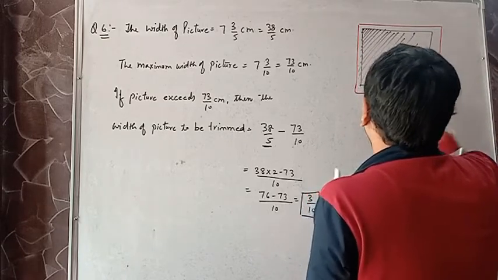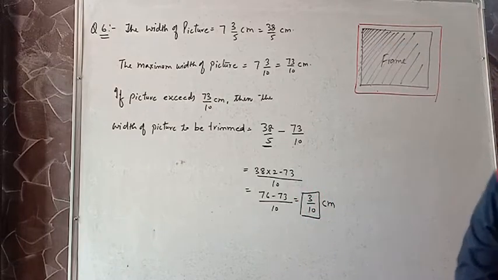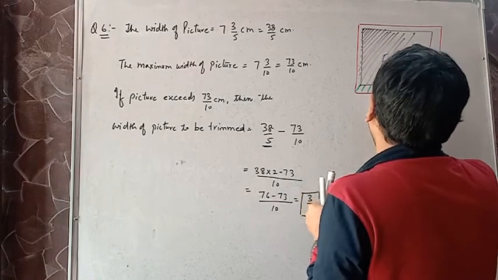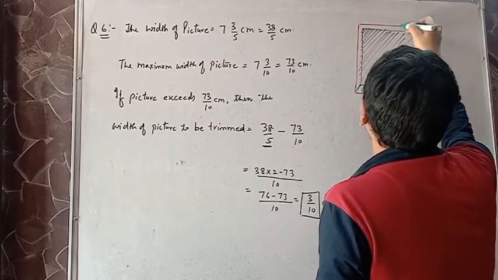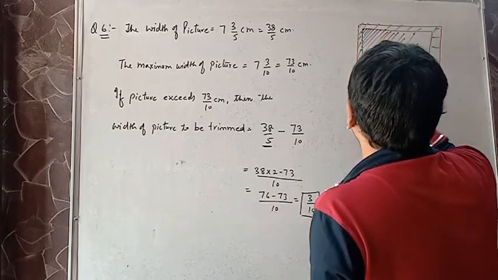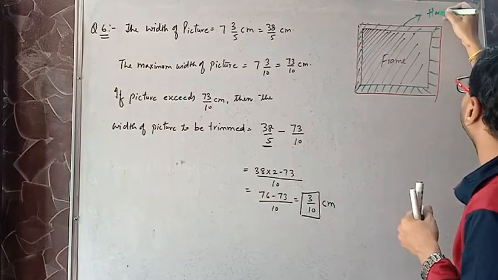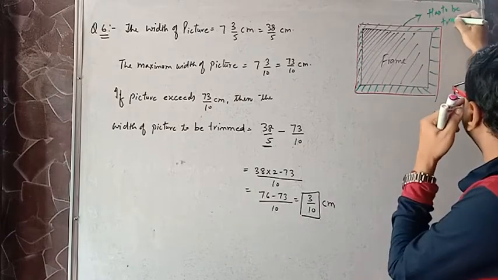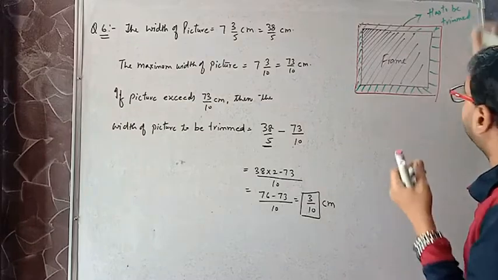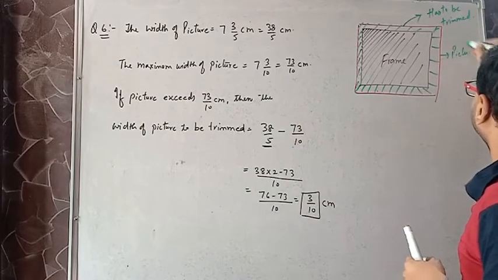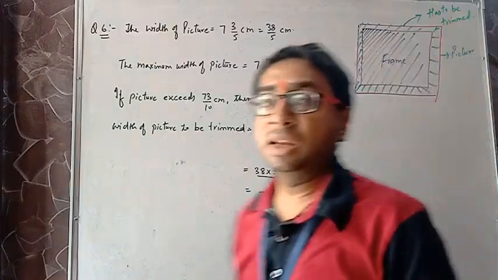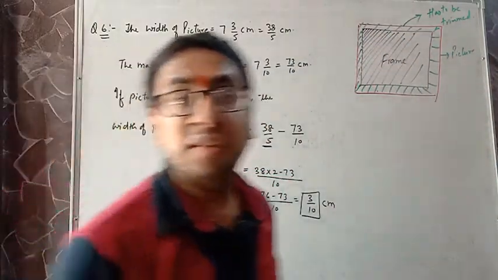So this extra width we have to remove. This green we have to remove. So this green has to be trimmed. Okay, this is what we have done. So this is picture and this is frame. Extra we have to trim. Clear with the question? Any doubt anyone is having? Next